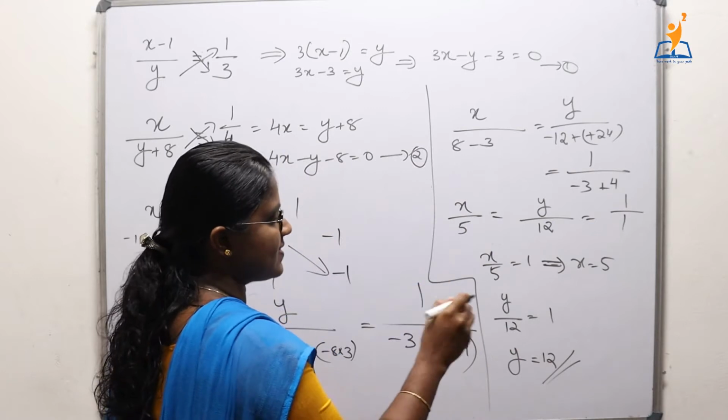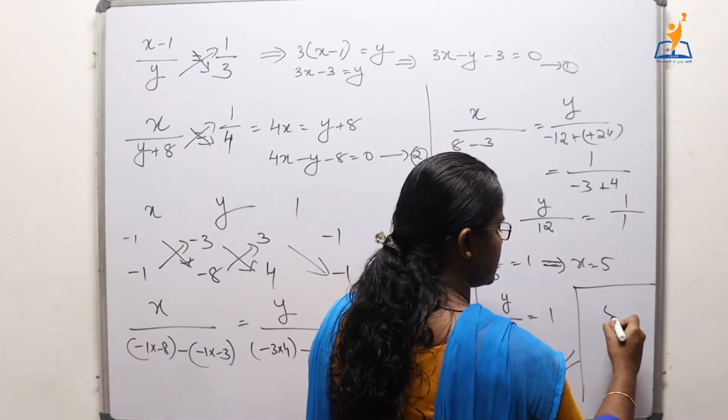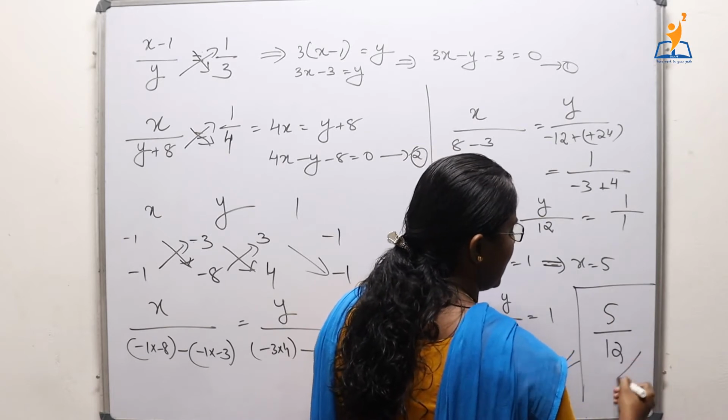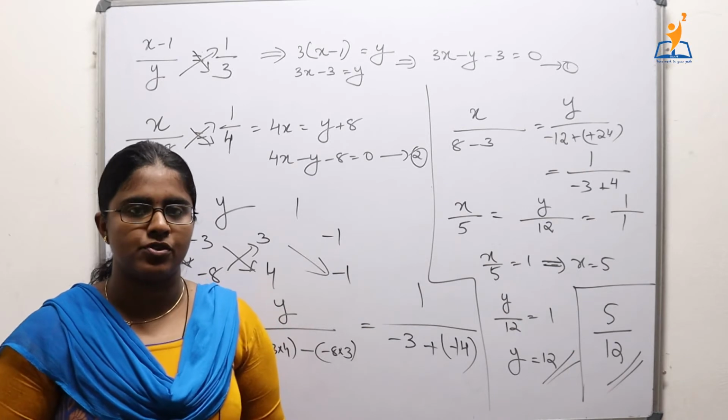So we got x as 5 and y as 12. So the required fraction is 5 by 12. So that's the end of this question. Now we shall move to the next question. Now the next question is, Yash scored